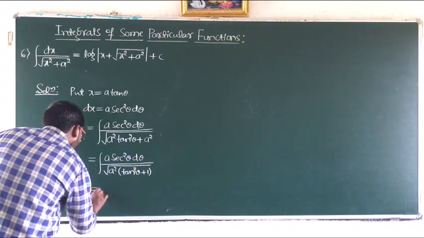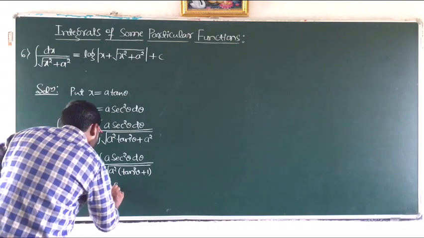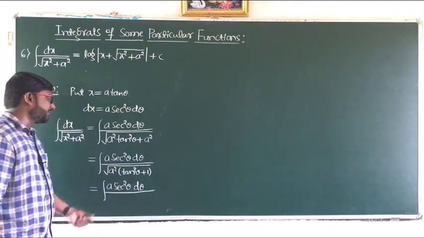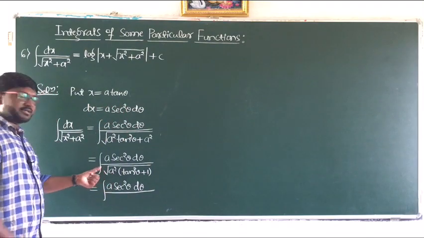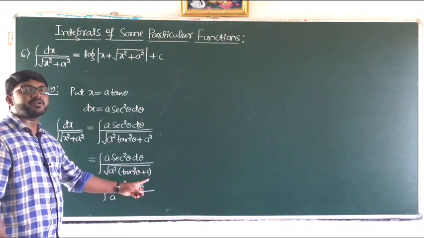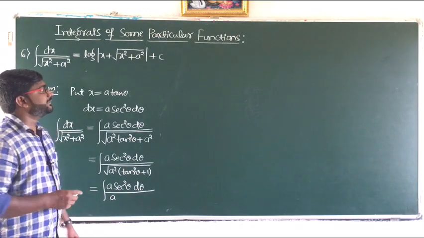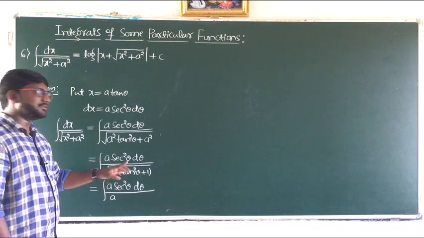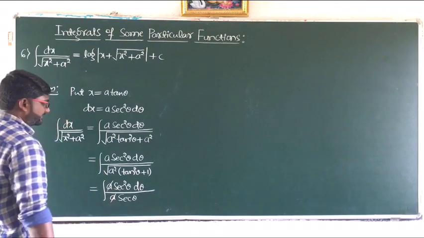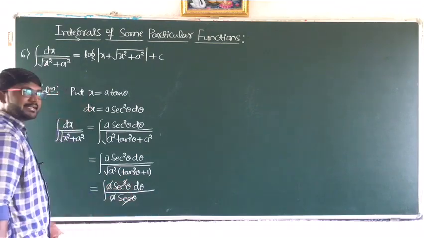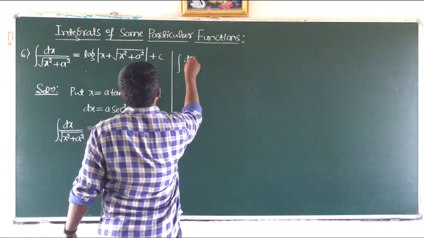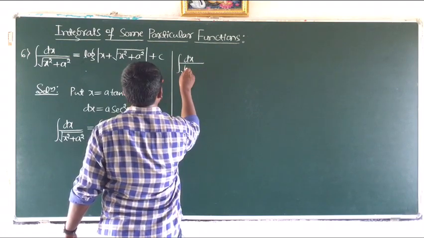Now see here, integral a secant square theta d theta divided by, now I take a square outside the square root, it becomes a, and then we are left with under root tan square theta plus 1, or 1 plus tan square theta, that is nothing but secant square theta. Square and root get cancelled, we get only secant theta. So here a and a get cancelled, secant theta and secant theta get cancelled. Now we are left with integral dx upon under root x square plus a square,